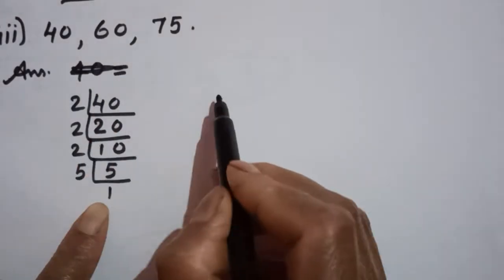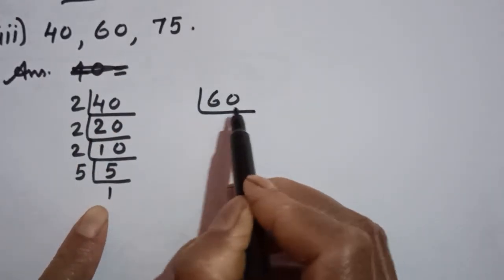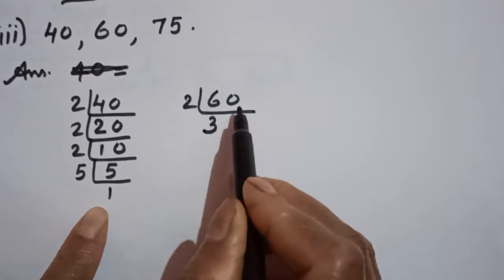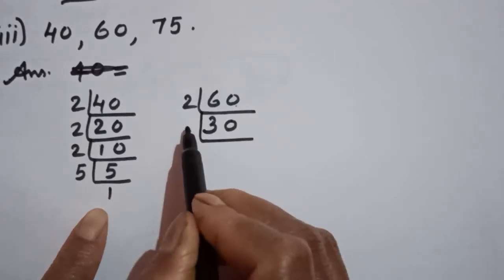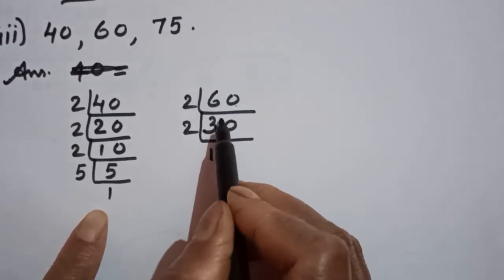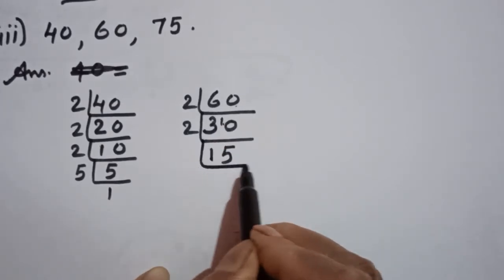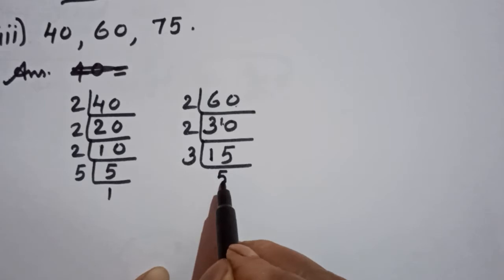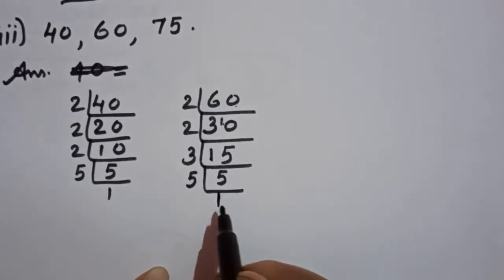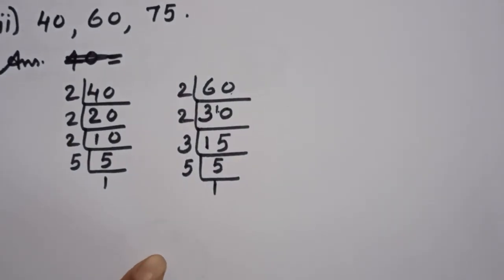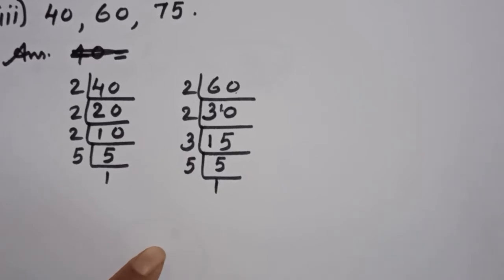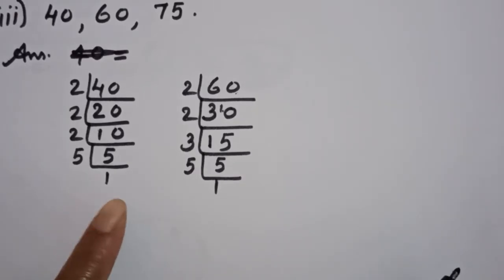40. And the next number is 60, 2 3s are 6, and 2 zeros are 0. 2 1s are 2, 1 remains, it becomes 10. 2 5s are 10. 3 5s are 15, 5 1s are 5. I am going a little fast because I think you must have already understood the method of factorization. Quite a few examples were given, so